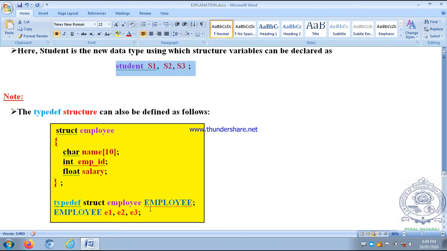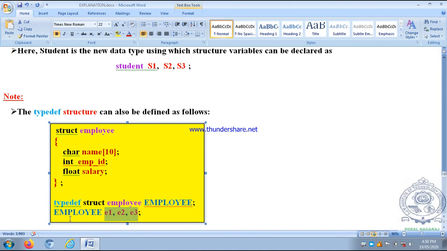Here employee is renamed, so Employee E1, E2, E3. Though the name of the structure is lowercase employee, we have redefined it as uppercase Employee. Once it is redefined, we use structure variables E1, E2, E3 of that uppercase Employee.